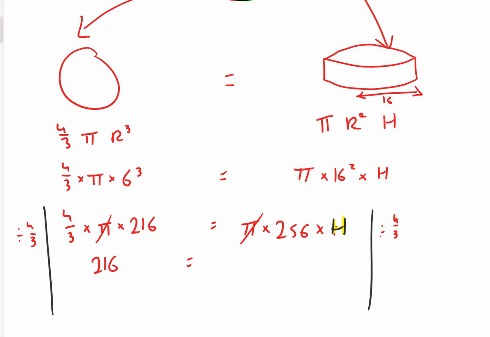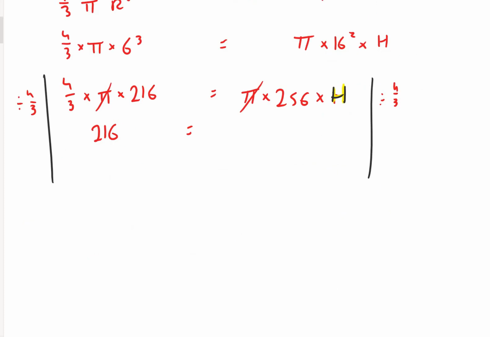Divide by 4/3 on this side, and that will give us 192 multiplied by h. And the last thing we do, we want to get rid of this 192, so divide by 192 on both sides. So it's 216 divided by 192 equals